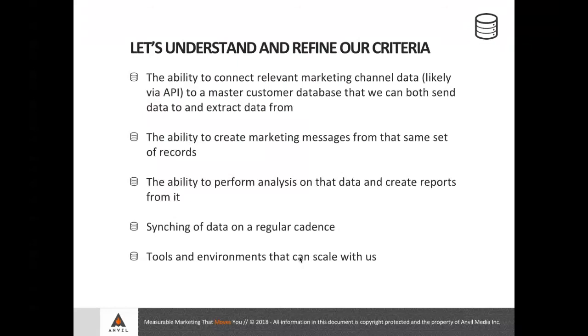And lastly, the tools and environments that can scale with us. I'm going to hammer that point home a few times in this. There are solutions out there that are less expensive, sometimes free, that can scale up as you grow your data. There are other solutions out there that will only get you so far, and they have a ceiling. And then once you get to that ceiling, you're going to have to upgrade to a new tool. It's really important when you're making these decisions to be clear on what your growth goals are in terms of data fluency.